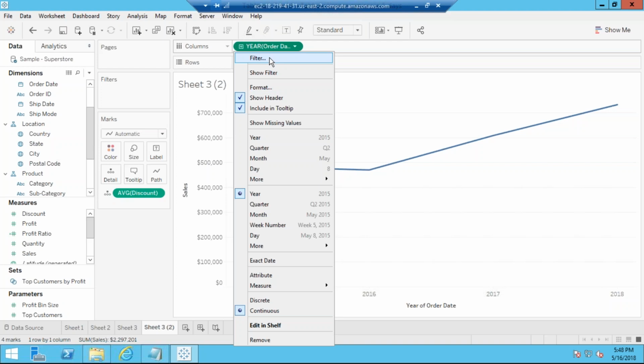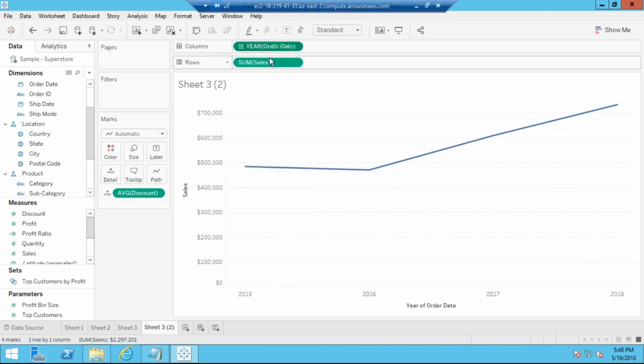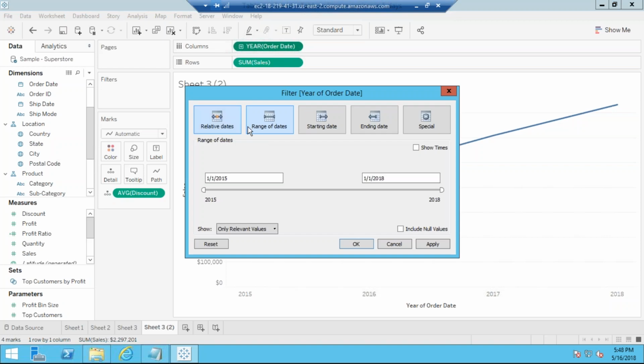Let's suppose right now this is showing me all the years 15, 16, 17, 18. You don't want to see something particular in the data set. So just say filter, and you want to remove something. You want to start your range from, let's say, 1st April. This is like US date, so actually it is like 4th of January. So you want to start it with, let's say, April. That's it. So say apply.